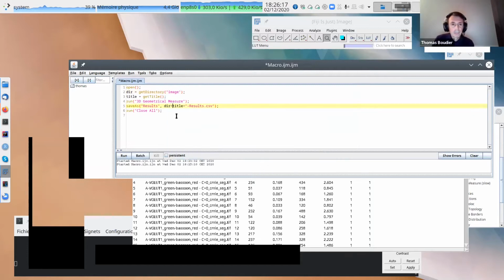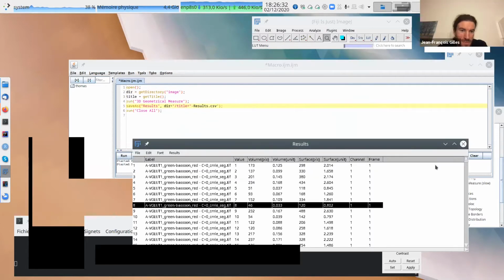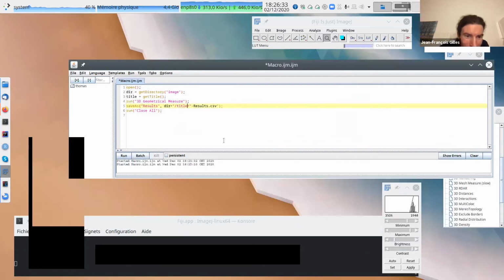Directory plus, okay, we'll do it like this. Slash. If you're on Windows, maybe you want something else. Inside the directory of the image, I will save the thing. No, no. Title is in. Yes. Right.